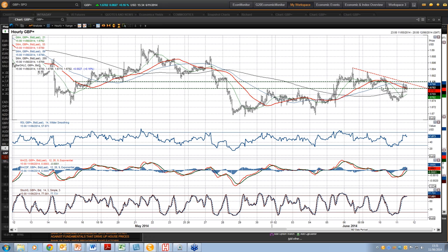Key resistance that turned into support a couple of days back has now turned back into resistance, and that's around about where you're trading. So this resistance band here, you start to think about your shorting opportunities within this trading band between 67.80 up to the 68 big figure, I think, and ultimately you start to think, well, okay, how would I then gauge